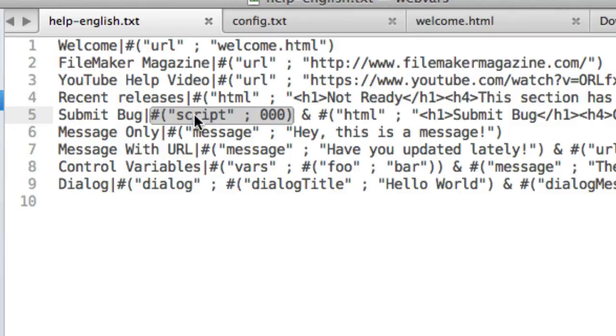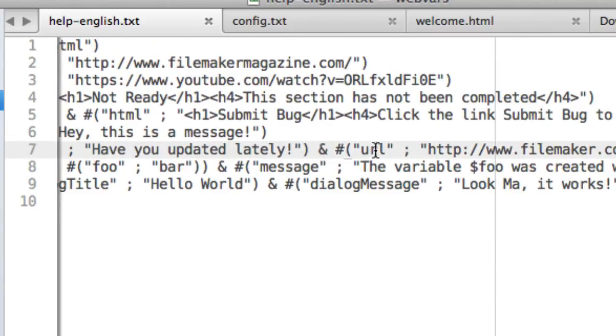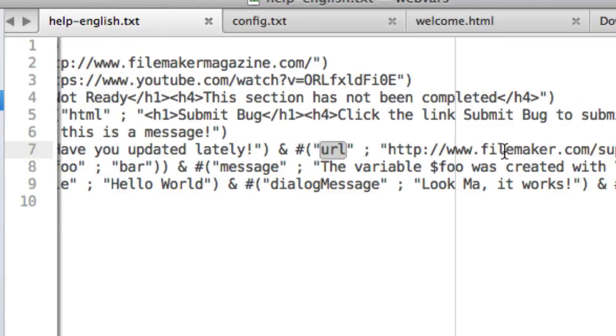You can perform scripts. Here is another option, but you need to use a plugin in order to do this one. Script means that I want you to run a script with the internal ID of whatever ID I actually give it. Message. I want you to show a message within a dedicated area of the user interface. Hey, this is a message. Here's where it gets really cool. You can combine multiples of these particular options. I have a message that says, have you updated lately, concatenated or combined with also going to the URL of